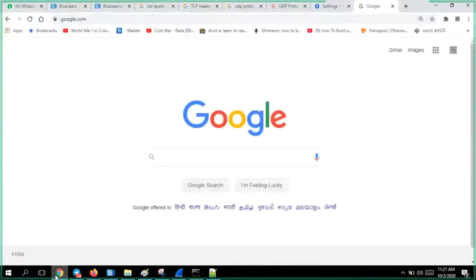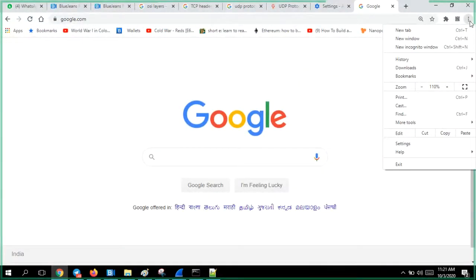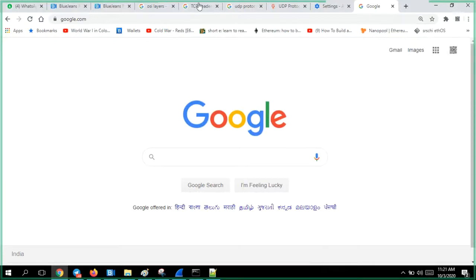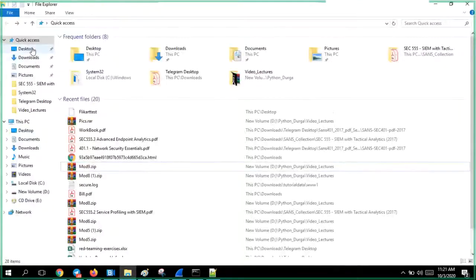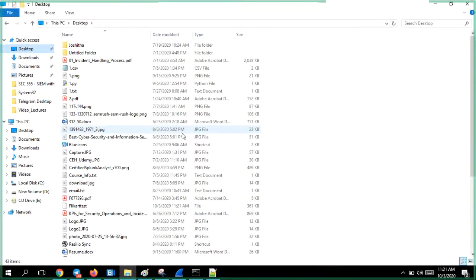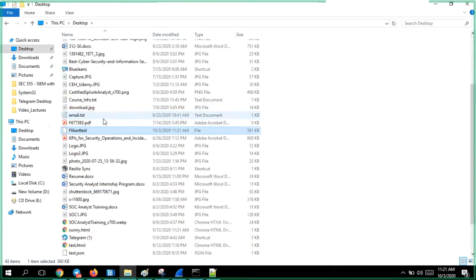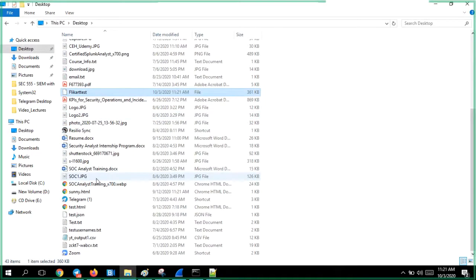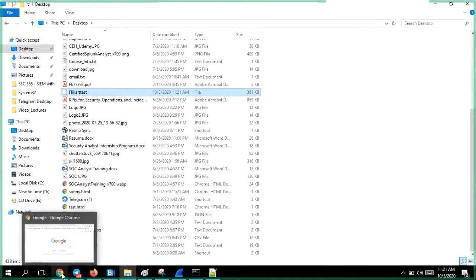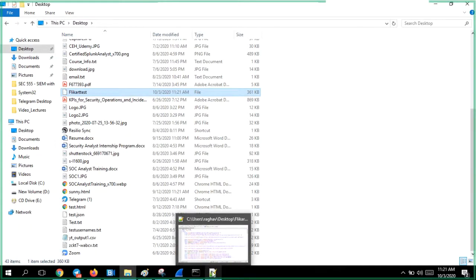Now, for example, I am a browser. From this browser, I will try to access that web page. Now I'll go to the desktop. Where is Flipkart? Did I save it correctly over here? No, sir, this is not an HTML format. Maybe it saved in another format.